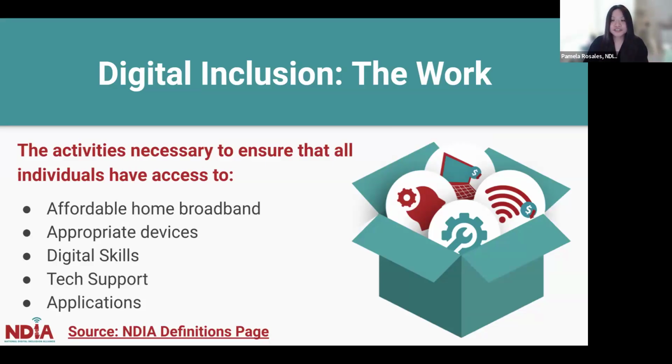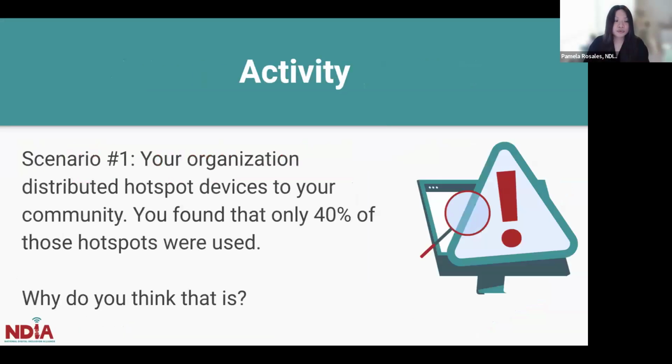But first, we're going to do an activity that demonstrates the different prongs when we're considering what the unique barriers are in our community. So there will be a link in the chat for you to go to a Padlet link. And if you're not able to participate through the Padlet link, you can share your answers in the chat, and I'll make sure to eye that as well. So head over to the Padlet link, and while you're all looking there, I want you all to think about this scenario.